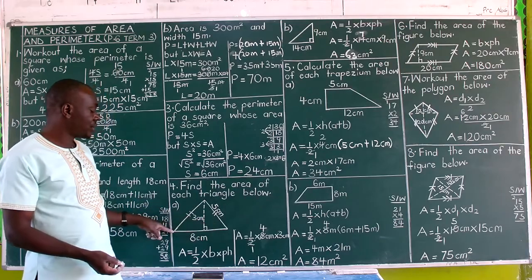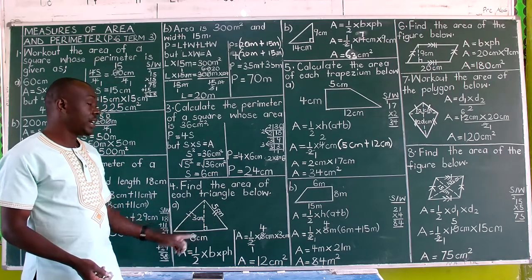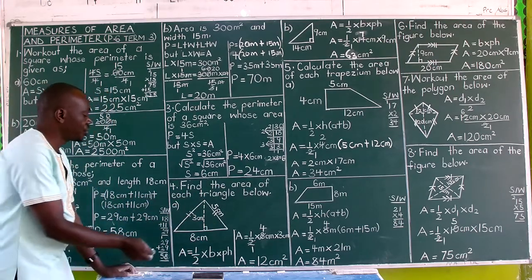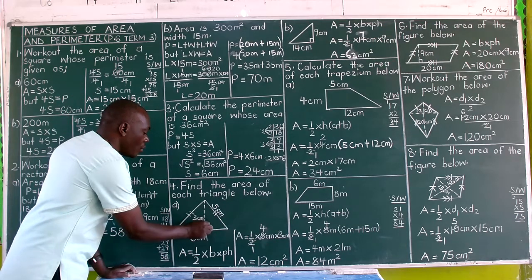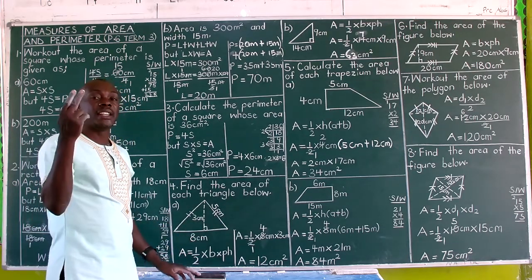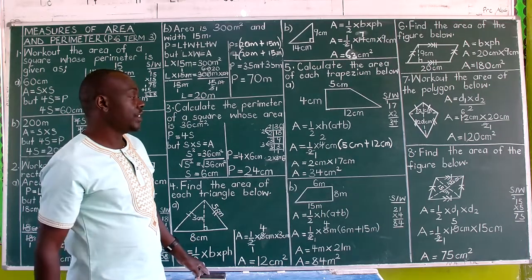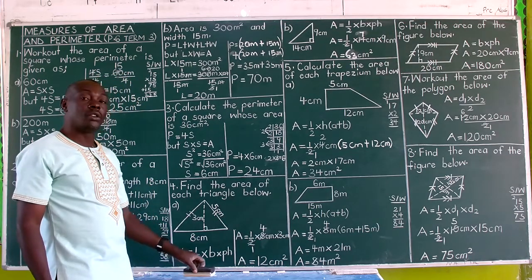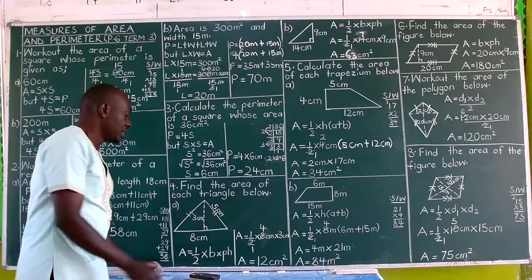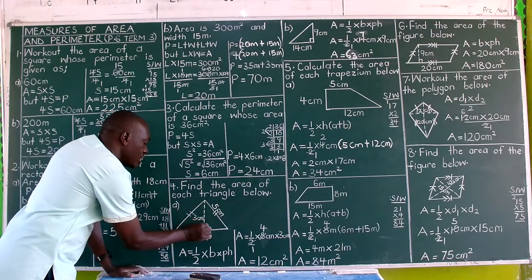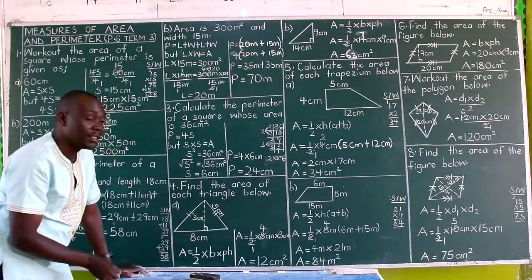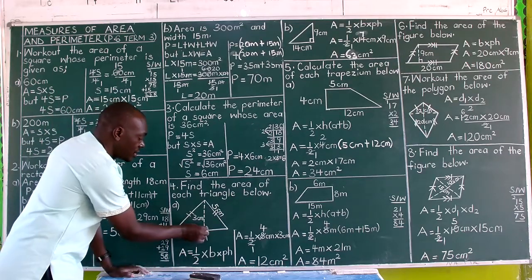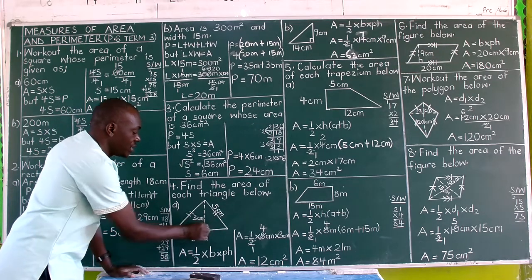So this is the base of the triangle. This is the perpendicular height. How do we know it's perpendicular? When it has got this right angle. Why? 2 lines are said to be perpendicular if they meet at a right angle. A right angle is that angle of 90 degrees. So this is a right angle here, shown by this kind of sign here, a right angle sign.